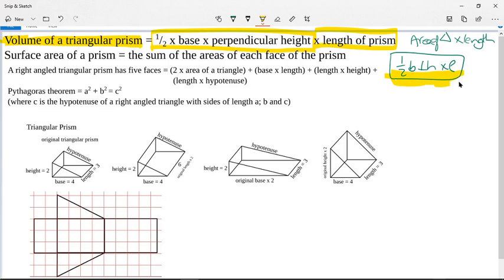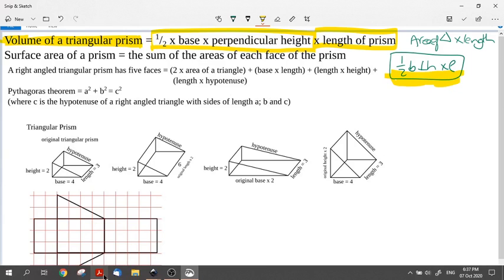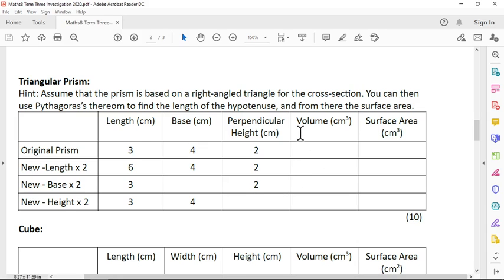Take this and put it in over here on your volume thing, and then put the numbers in your calculator. Find the answer for the original prism. Then put the numbers in your calculator for the one where you made it 2 times as long. Then when you made the base, remember the base was originally 4, and then if we double it, what number